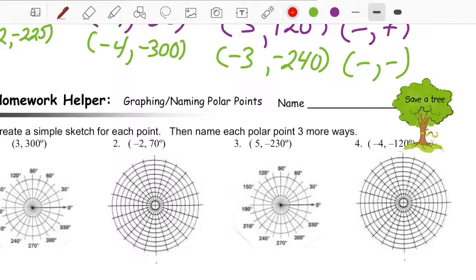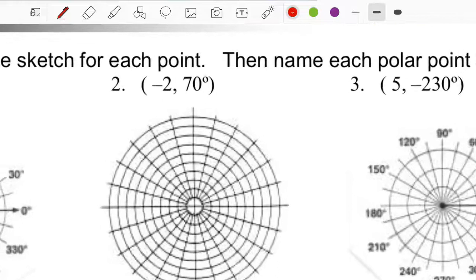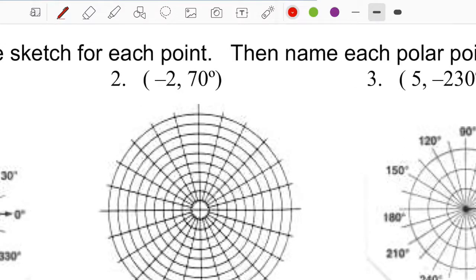Let's do a quick follow-up on your 4 homework problems. I'm going to go over number 2 and probably number 3. Will that be helpful? So if we want to plot the point negative 2, 70,